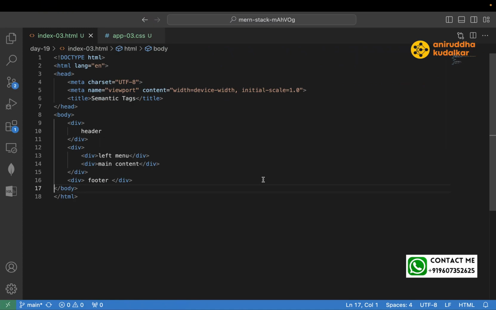Header, left menu, to the right of the left menu we have main content, and there is a footer, correct? So you will design something like this, but this is not that meaningful. Everything is inside a div. For everything you are writing div, div, div, div, div,